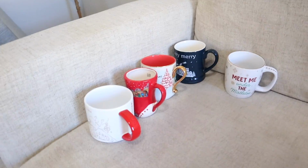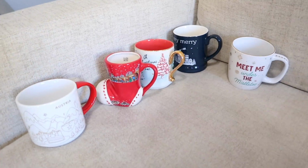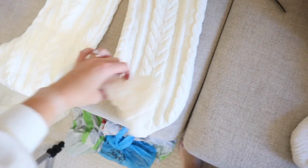A few other things that I'm definitely not getting rid of, all my Christmas mugs. I'm so excited to bring these out. I'm probably gonna run them through the dishwasher and then put them in rotation. I also have our 3 stockings. I might need to get one for Bucky this year, but we've got these 2 cable knit ones, and then